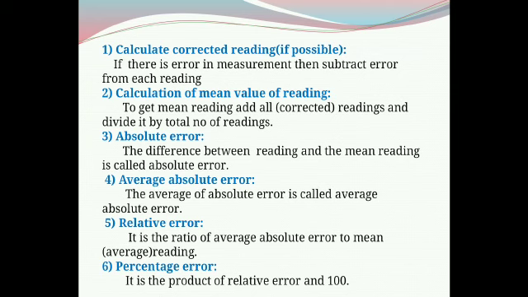Third step is absolute error. The difference between the reading and the mean reading is called absolute error. Fourth is average absolute error. When we take the mean or average of the absolute errors, it is called average absolute error. Fifth step is relative error. It is the ratio of average absolute error to the mean reading. And last is percentage error. When we take the product of relative error and 100, it is called percentage error. Now we apply these steps